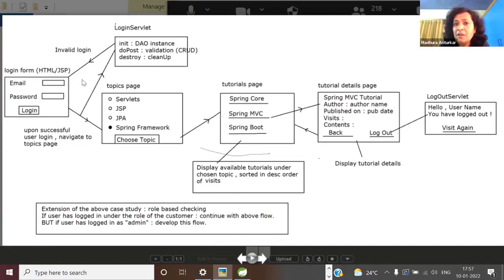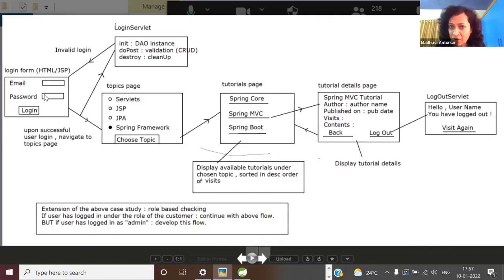So if the user logs in correctly, where will you store the user credentials? In collection, in data file, or in database? Where do you think? Of course, in database. Now onwards, everything in database. So you will be having the authentication logic. In case user login fails, we'll give him a retrial and take him back to the form.